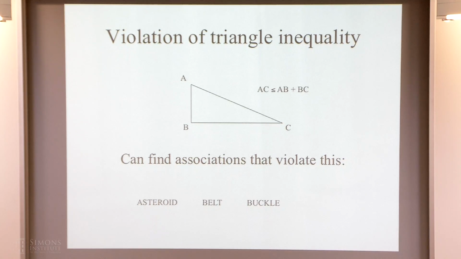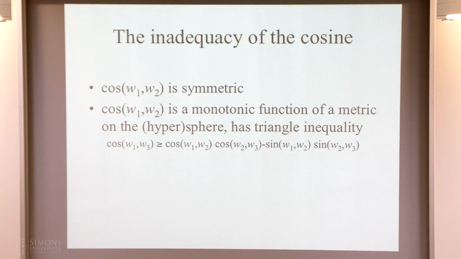So in this paper that we wrote in 2007, we argued that these properties of semantic association are potentially problematic for vector space models of lexical similarity. At the time, that was latent semantic analysis, which was the precursor of our modern vector space models. In latent semantic analysis, the way that you would measure the relationship between two words was using the cosine of the vectors that corresponded to those words. And that's symmetric, and a monotonic function of a metric on a hypersphere, so it obeys a triangle inequality. So to the extent that we can show these violations, those provide evidence against those kinds of representations.